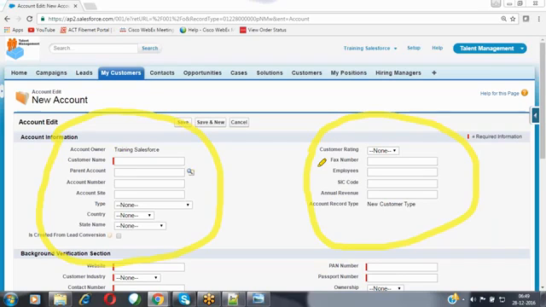Page layout customizations will allow you to place the fields in either 1 column or a maximum of 2 columns, not more than that. But sometimes there is a requirement that we need to place the fields in multiple columns, like 3 columns or 4 columns or 5 columns. At that time, the normal page layout will not be supported. So at that time, we have to go with our Visualforce pages.